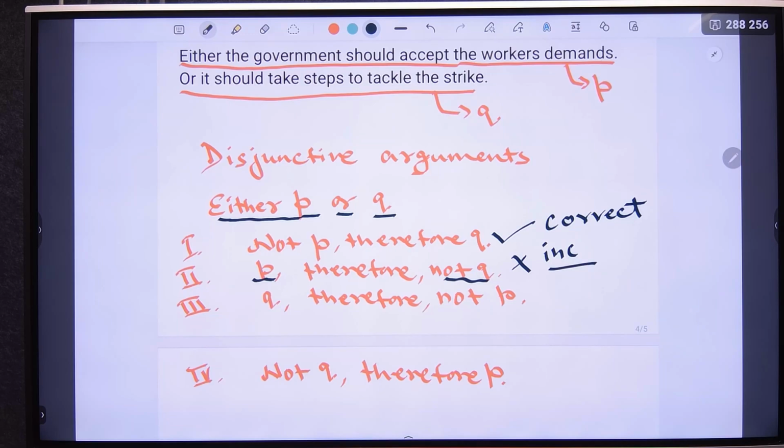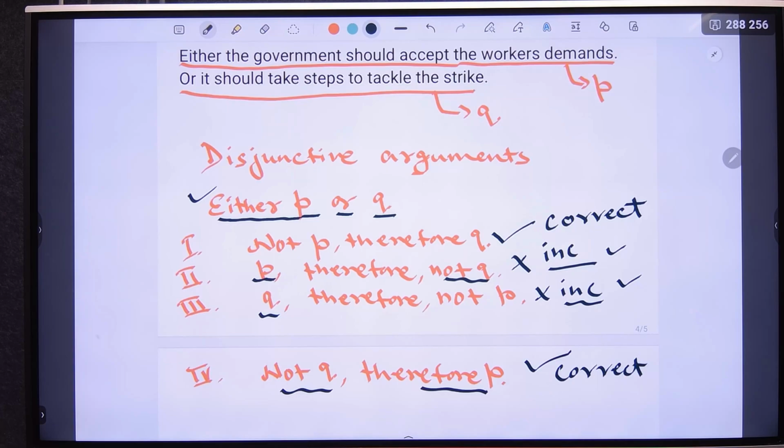Okay, now going on to third, either P or Q. अगर Q होता है तो नॉट P होना चाहिए, ये भी इनकरेक्ट होगा. अगर आप सिमिलर लॉजिक लगाएंगे यहाँ से तो आपको समझ में आ जाएगा. And not Q, therefore P. आपने देखा था ईदर और है, तो P नहीं था तो Q हुआ था, और Q नहीं होगा तो P होना चाहिए. सो दिस विल बी योर करेक्ट